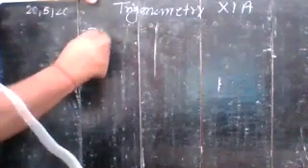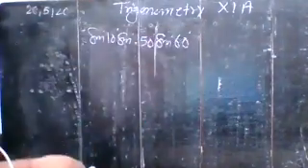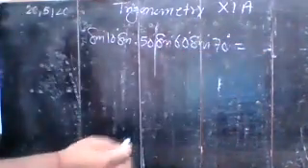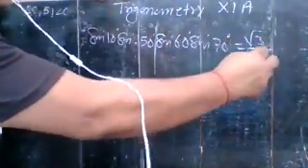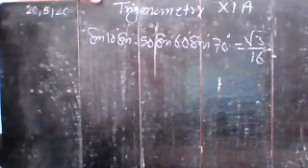So today we start the questions which we call proving questions. Okay. So write it. Prove that sine 10 degree, sine 50 degree, sine 60 degree, sine 70 degree is equal to root 3 upon 16. Here you have to prove that its value is equal to root 3 upon 16.